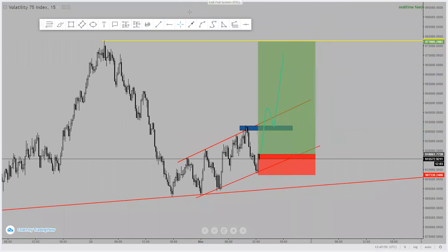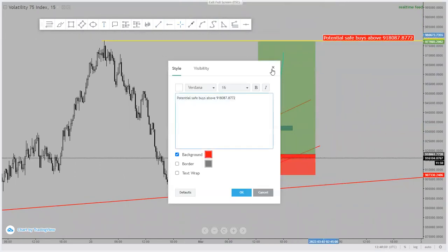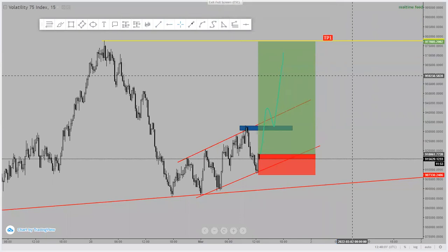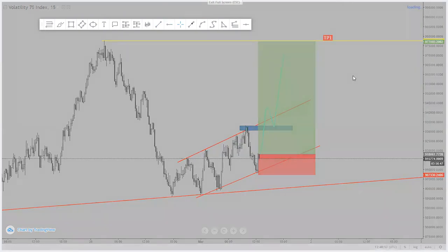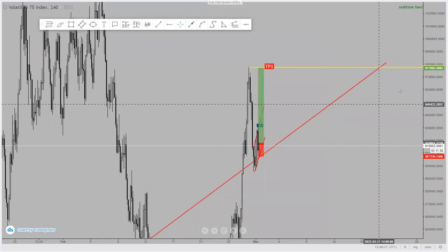So this one is just a first target. This level here is just the first target. I can say TP1 there. That is actually TP1, because based on the weekly, the monthly and the daily, you actually realize that there is a lot of potential for this market to go all the way to the upside. For example, if you check, this is the 4-hour. So if this market goes all the way,